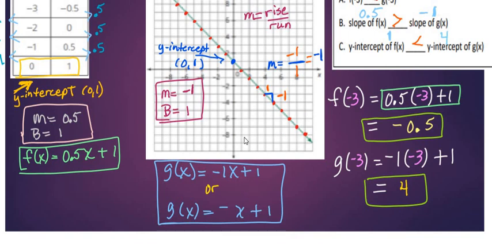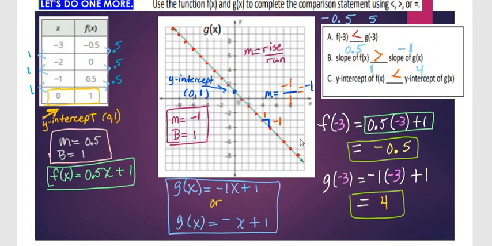Now, I've corrected the mistake. I had it written correctly here, and I just miswrote it right here. So now my g of x equals -1x plus 1, or you can write it as g of x equals -x plus 1. Now, once you identify your y-intercept and your slope, which I have done right here, I'm going to take this and I'm going to substitute a -3. You see f of -3 and g of -3. I'm going to substitute it in,